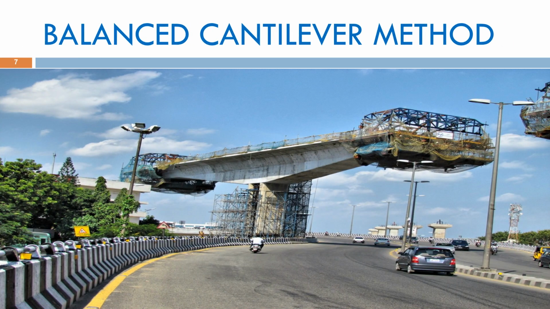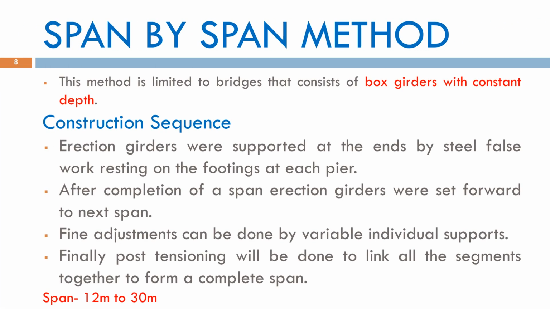This image illustrates the balanced cantilever method in action, showing the construction progress of tall structures from the pier outwards. The span-by-span method is commonly used for constructing bridges with constant depth box girders. In this technique, all segments required for one span are erected first and connected using post-tensioning to form a complete